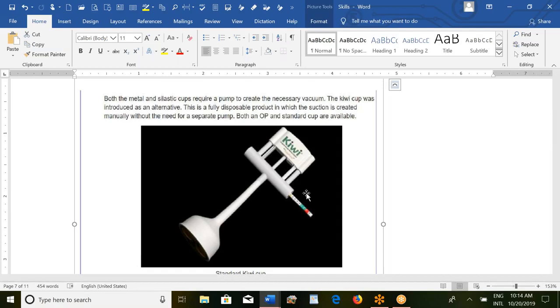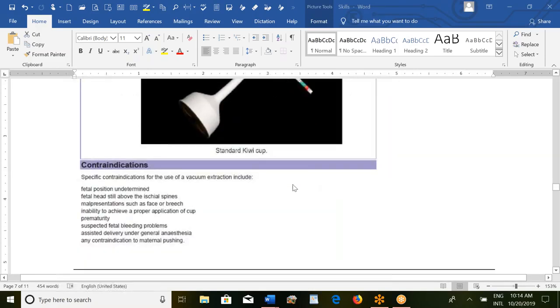Also, if the baby is suspected to have fetal alloimmune thrombocytopenia or osteogenesis imperfecta, in those cases we should not apply the ventouse or forceps. So there are specific contraindications for the use of vacuum extraction, which include: